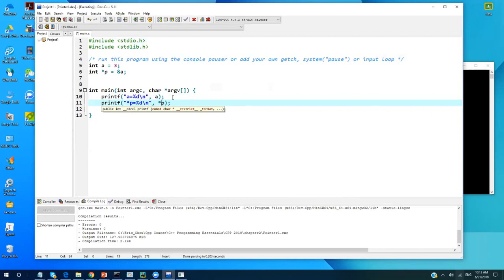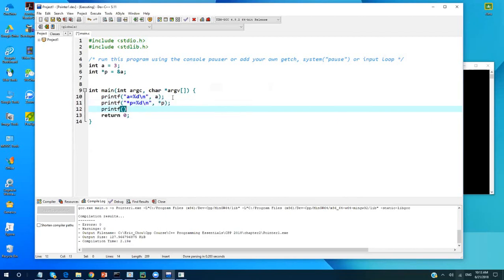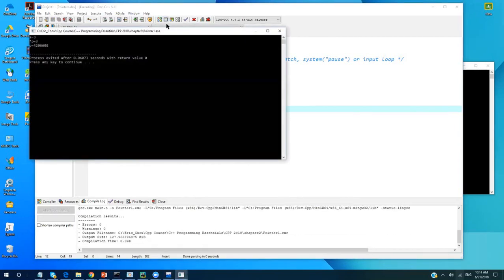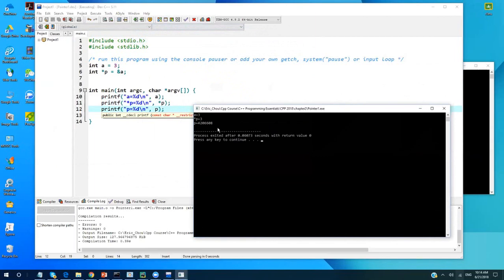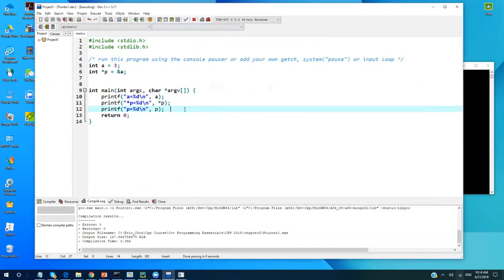Okay, now if I printf, and I say here instead of having this, I say p, and I still print out d, and now I print p, right? So p is actually a pointer, but I print the value of the pointer as an integer, right? And here I still need a backslash n. And then there it is, and I print, right? P is some sort of a value. 这样 p 等于 a 是会做什么？